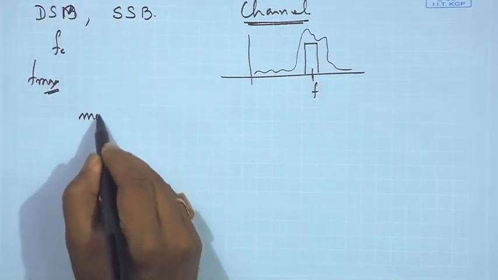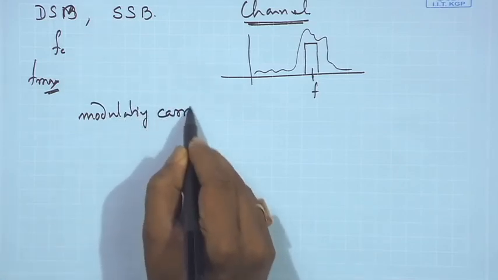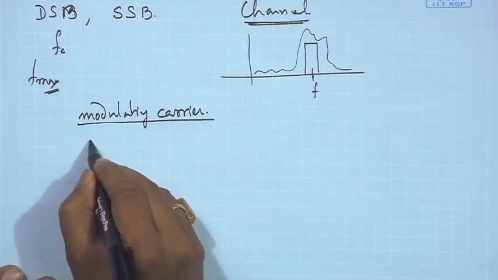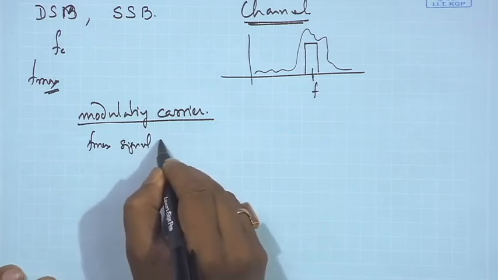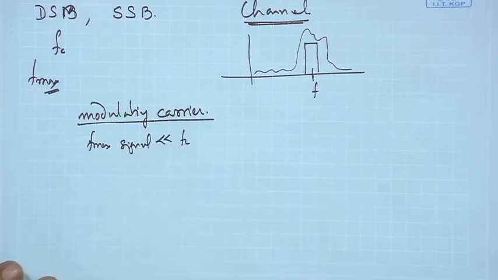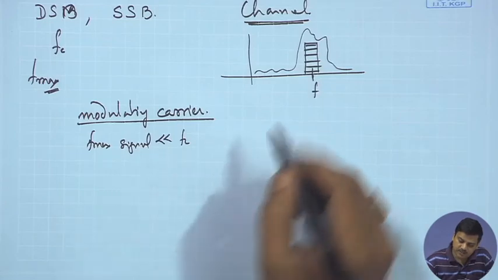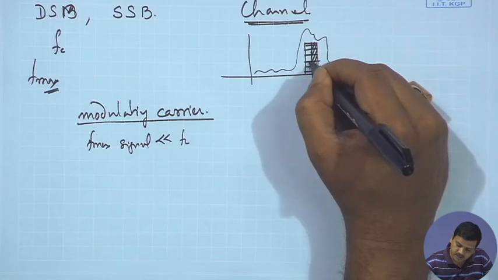So, basically you are modulating a carrier, and you generally have the assumption that the f max of the signal is much less than the carrier frequency, or in other words the modulated signal is within a certain range of the carrier frequency. If it is a double sideband, it is spanning on both the sides. If it is a single sideband, it is generally on one side, and little bit signal is available on the